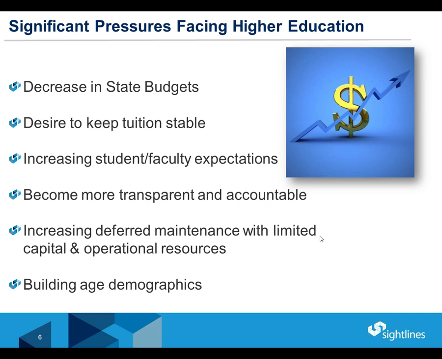What we've discovered over the last few years, as part of the ROPA process, is that there are significant pressures facing higher education. Those pressures come in a number of different ways. If you're a public sector campus, we've seen decreasing support through state budgets, both of operating and capital costs, although we are seeing some states where capital funding is beginning to increase as people recognize the needs, the aging of buildings, and the increasing deferred maintenance needs.